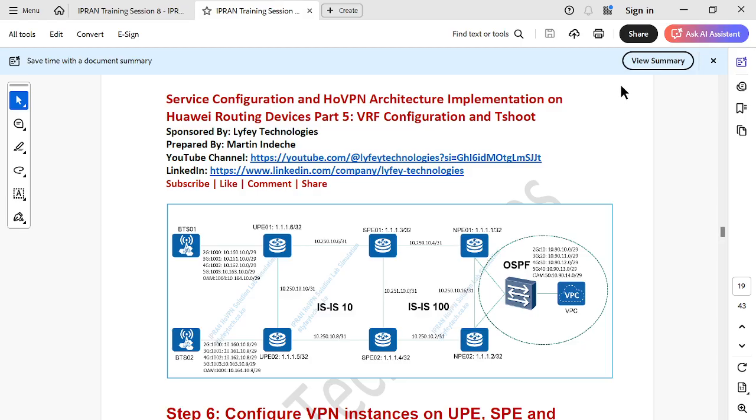So this is part 5 of our service configuration and HoVPN architecture implementation on Huawei routing devices. And in this section, we'll be focusing on how to do VRF configuration or the VPN instance configuration and troubleshooting on Huawei routing devices. So we know that in the last 4 sessions, we've covered different sections of this lab